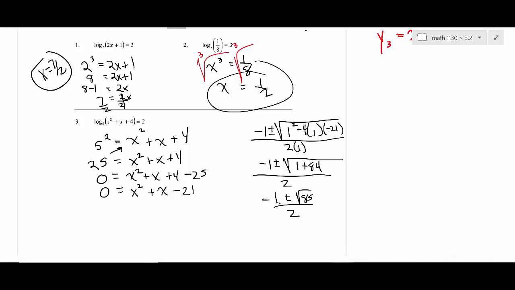All right, now I'm not going to do anything with the checking on this one. I want to just give you the idea of what you do to solve a logarithmic equation. All right, everybody with me on what I just did? Okay, then once you get an exponential form, you're now just kind of looking at your